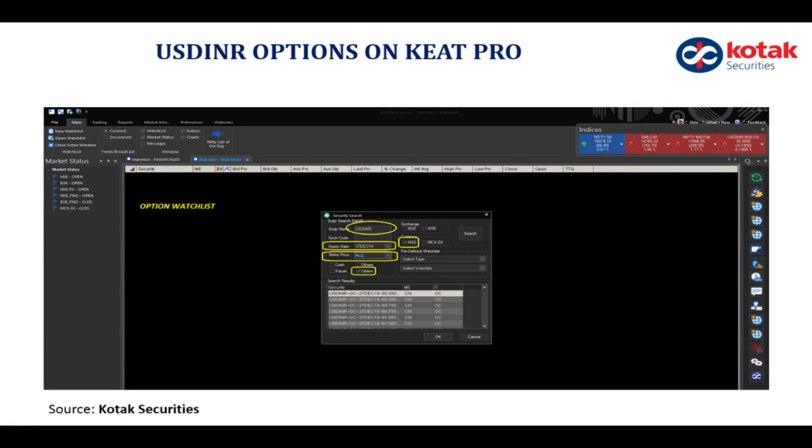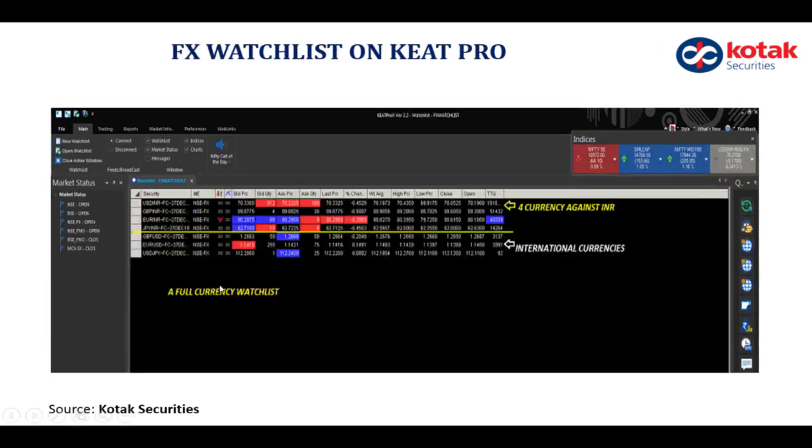You can again use your Gmail credentials to create a free login ID, and there you can create a market watch for international equity indices, for crude oil, because these are markets which have an influence on the dollar rupee, and also keep a track on international currencies like the euro dollar, pound dollar. In fact, the euro dollar, pound dollar, and dollar yen you can see easily on your screen on Kotak Pro, like over here. But still, just to keep a tab on all the international currencies,